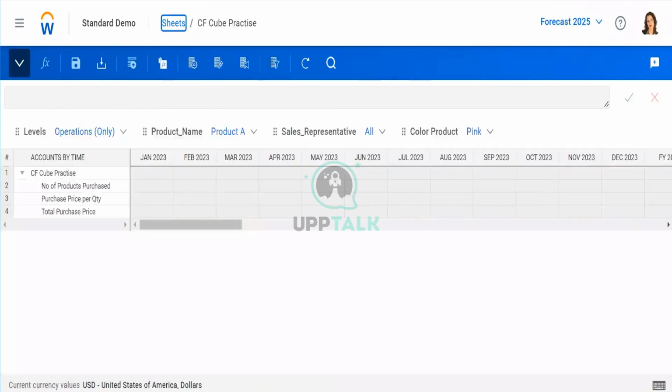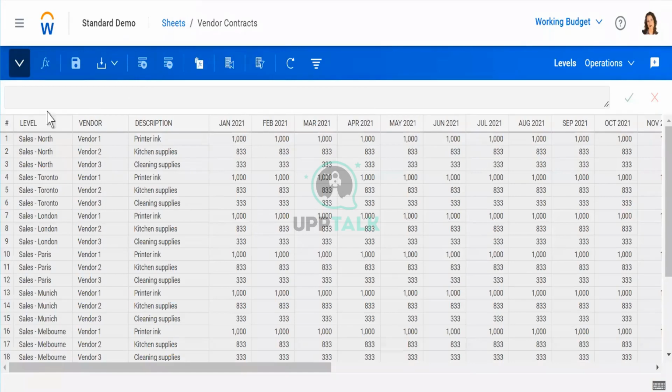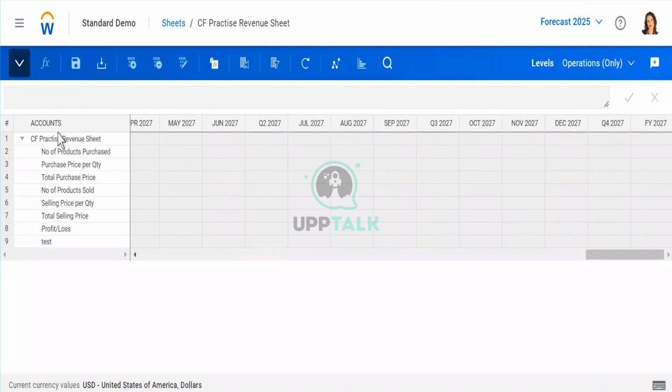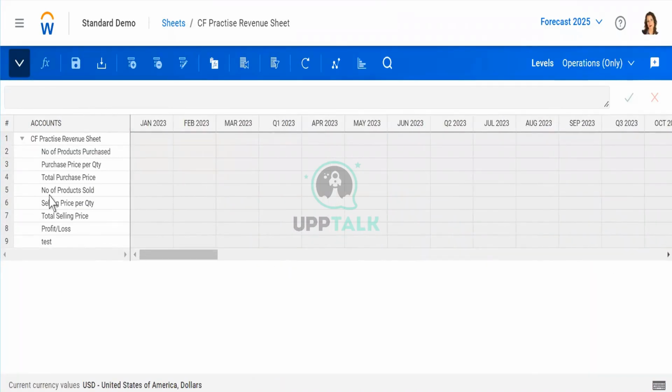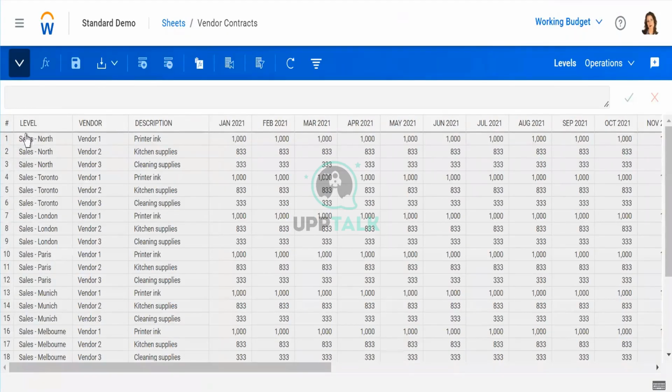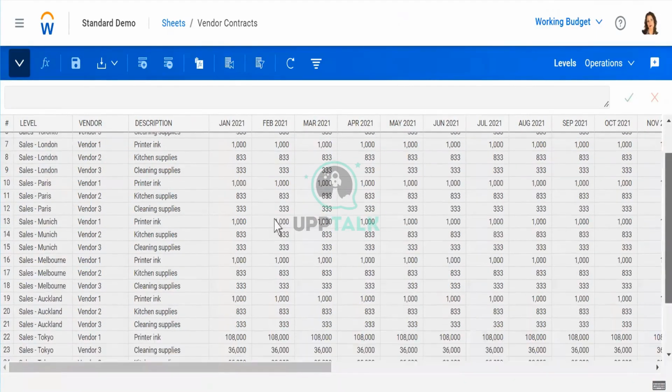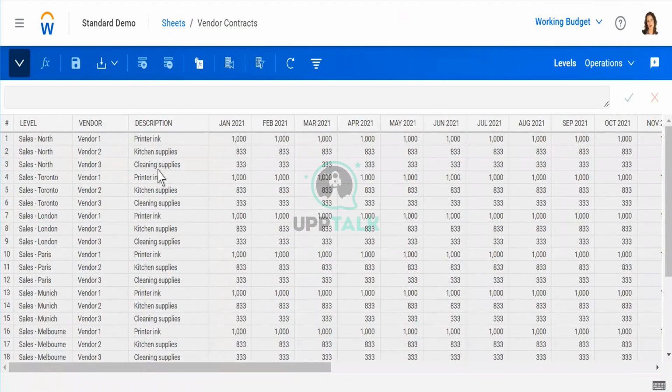Because the cube sheet looks like this. We have the dimensions popped out here in the blue section and the white section here. If you look at the vendors, there is nothing here. How does a standard sheet look? A standard sheet looks like this, but there is no extra column apart from the account, and there is directly data. Vendor contracts. You can see this is row-wise data. You just scroll down. This is all row-wise data that is being captured. That's why this is a model sheet.